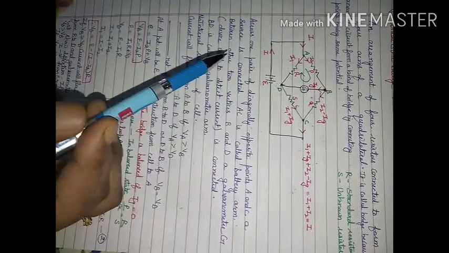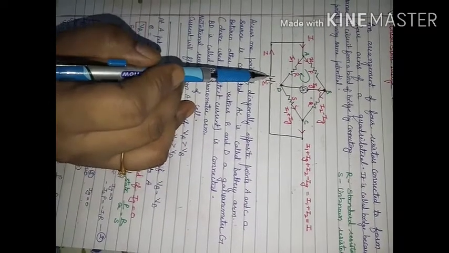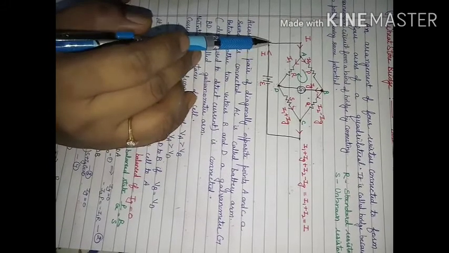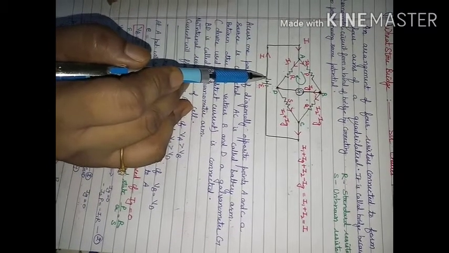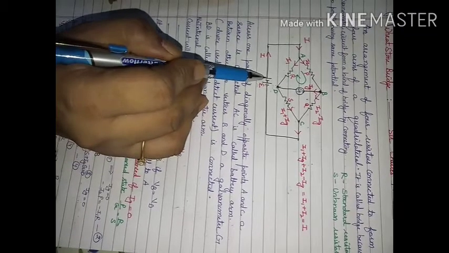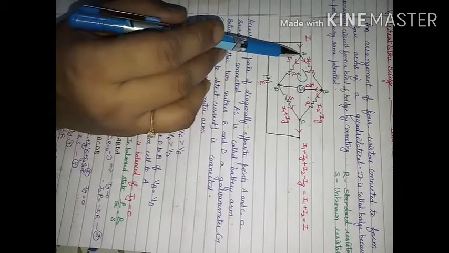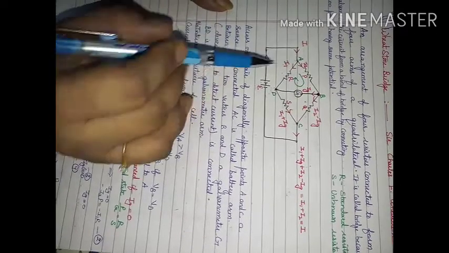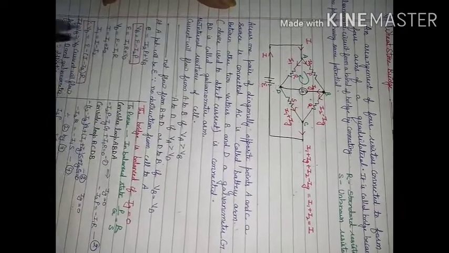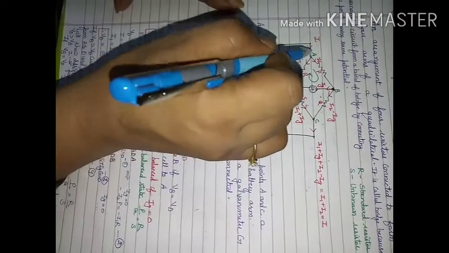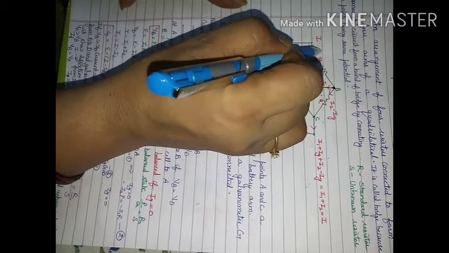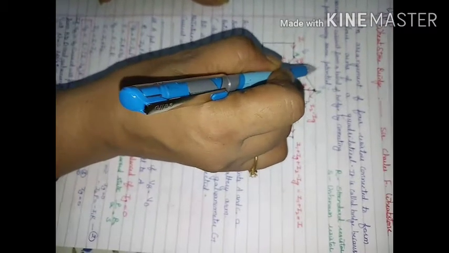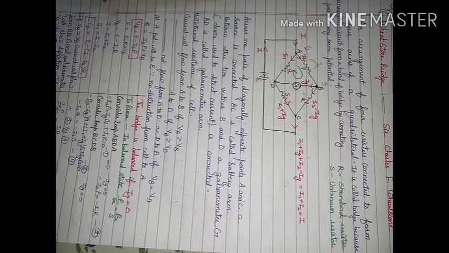So when we consider that the battery does not have any internal resistance, and the connecting wires also do not offer very large resistance, then whatever potential is here, the same potential we will consider at this point A. So at point A, I will consider potential E. I said just now that if here I have 5 and here I have 3, then 2 volt of potential difference should be across this resistor.